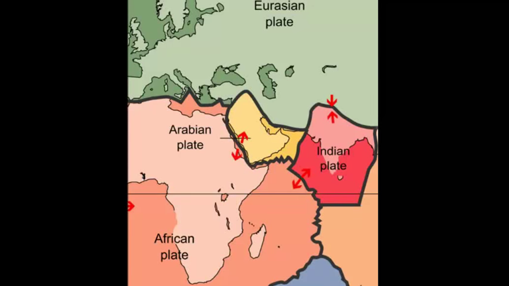And we find the Indian plate coming in and converging with the Eurasian plate. So the red plate is colliding with the green plate, which is why we have those two red arrows there. So I'm going to go look at one place in particular where there's a little bit of convergence in Pakistan,